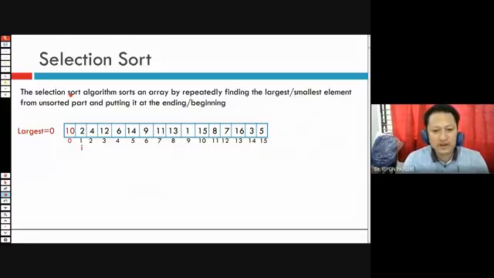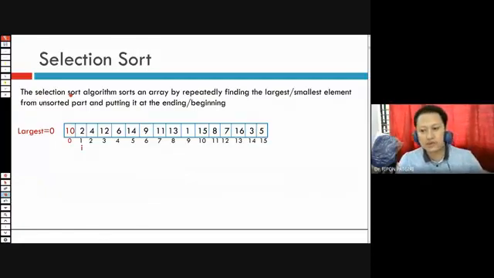This way you will arrange the elephants. So selection sort is what? You select the smallest or largest one and put it in the last or the first, and repeat it again and again. Ultimately it will be sorted.